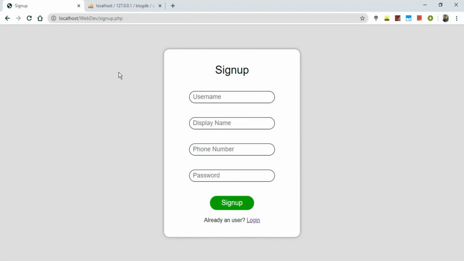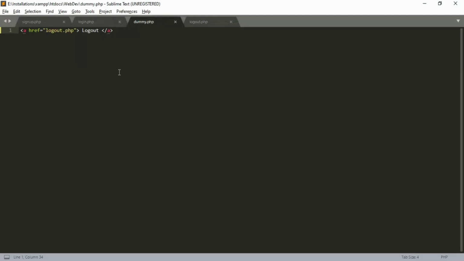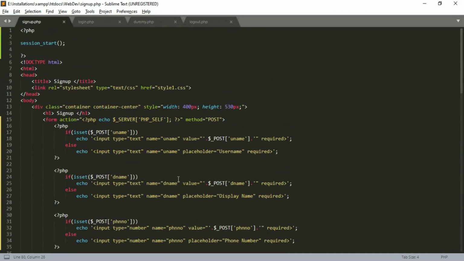We add a condition at the beginning of the page. We check if the username and display name already exist in the session variables. If they exist, we directly send them to the next page, that is the dummy page.